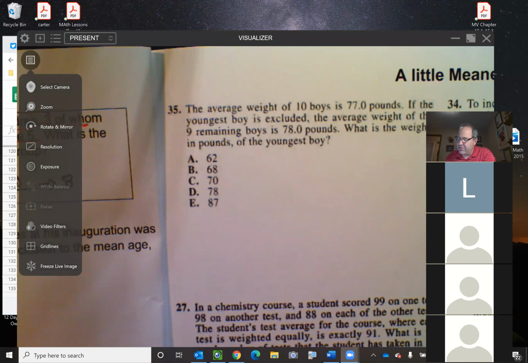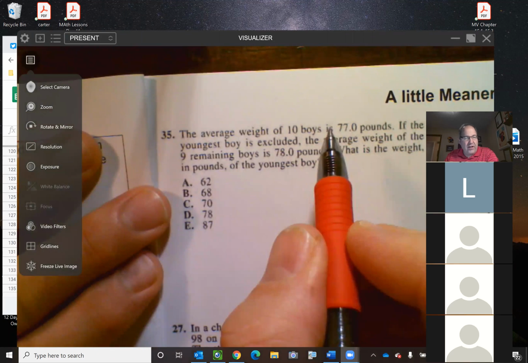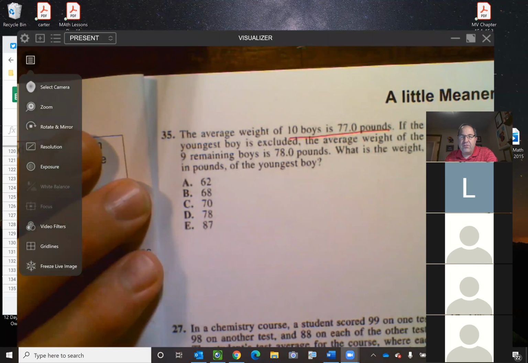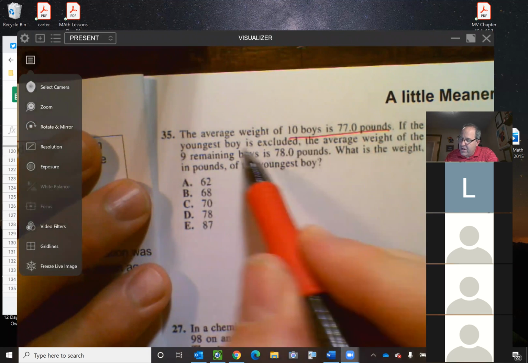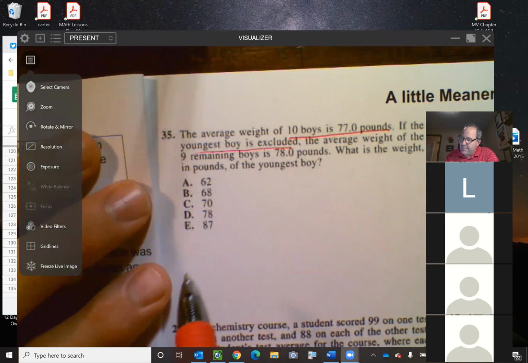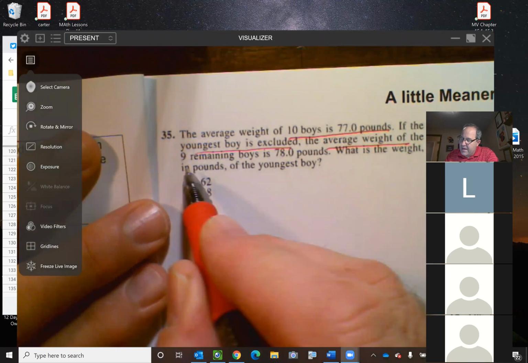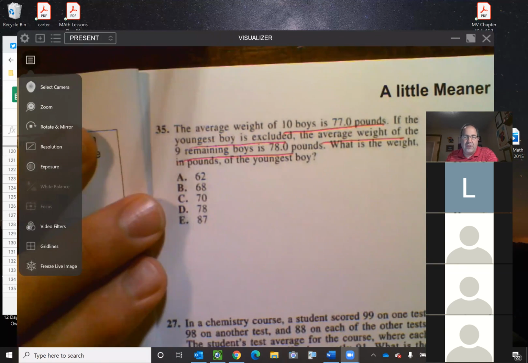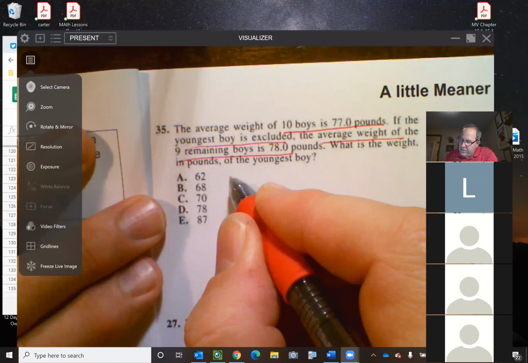these are definitely stinkers. If you're reading along here, it says the average weight of 10 boys is 77 pounds. Now, if the youngest boy is excluded, the average weight of the 9 boys is 78 pounds. What is the weight of the youngest boy? So here's the way to kind of think about this. And I'm going to try to approach it using the mean idea. If we took the youngest